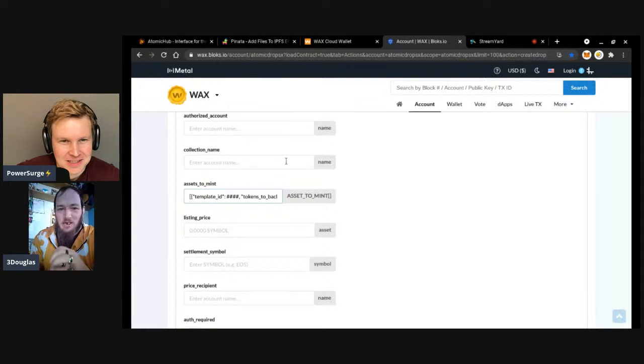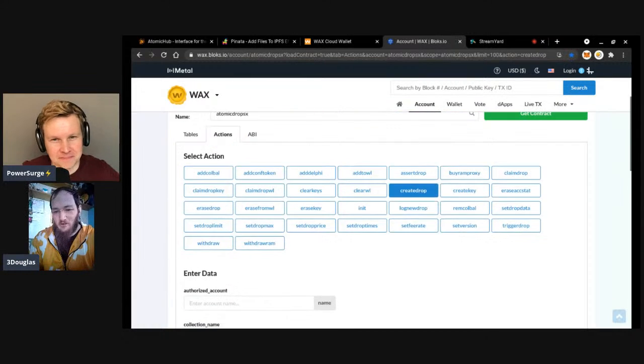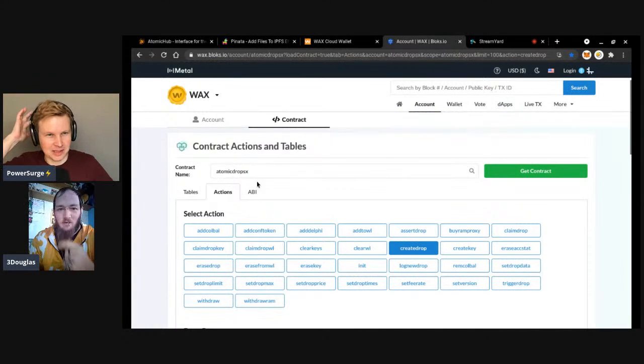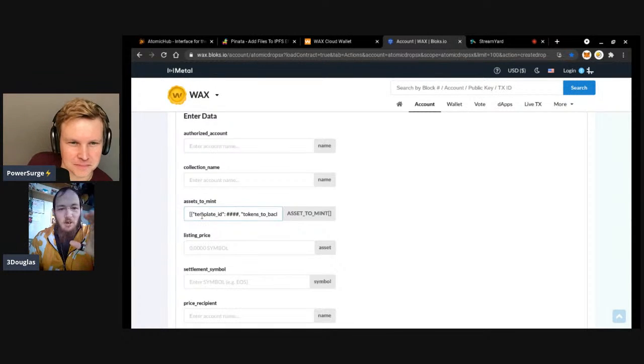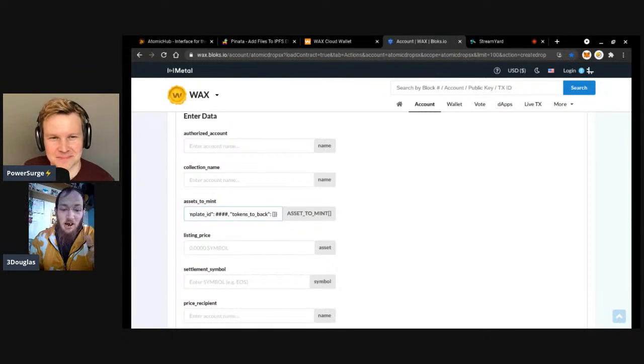But when you go in here, there's also an ABI that has this in there as well. Like if I scroll back up, you can see it says ABI right next to it. And that's where we pulled this data from. And so it's just a curly bracket, then template ID in quotes, then your actual template ID. Like I'm going to put one of mine in